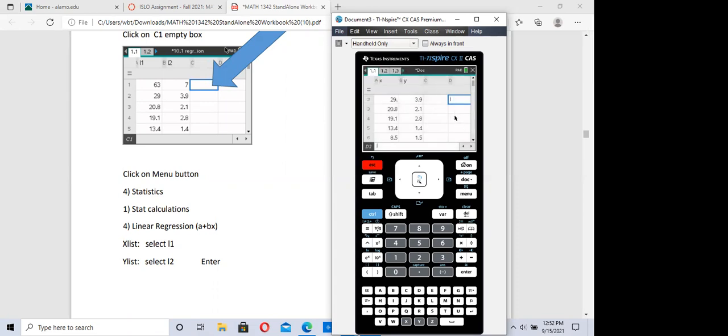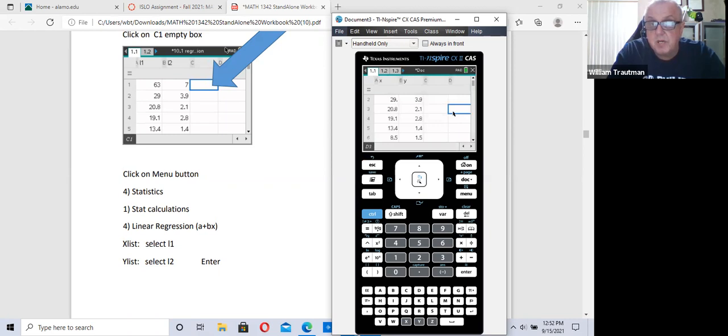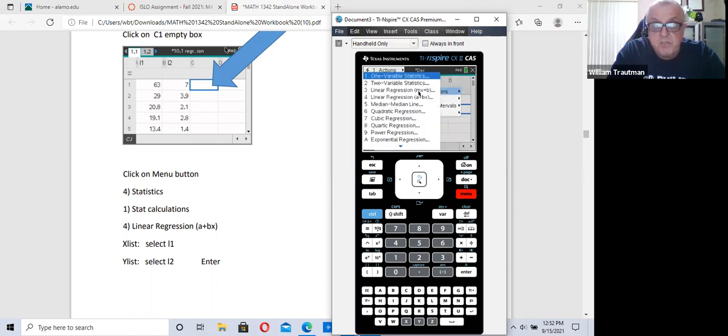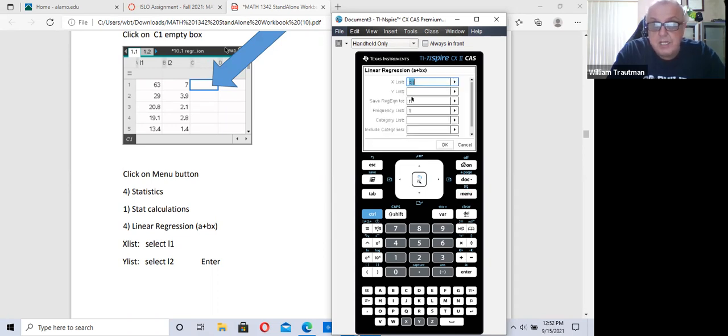Let me hit escape one more time. I'm going to click this box here without the cursor being there. Let's see what happens. Menu, statistics, there we go, without the cursor being there. Stat calculation, and then number 4, linear regression. Okay, so now we got it. I hit enter,